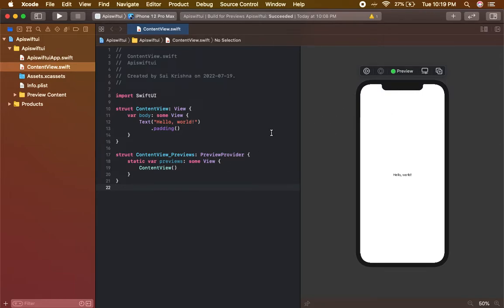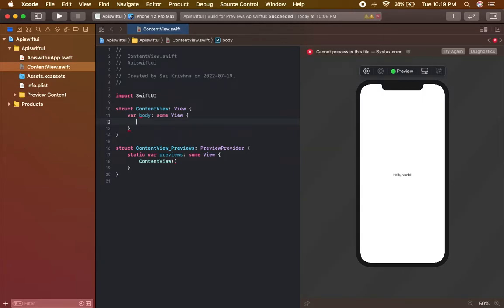Whereas we have to display all content in a list. So for now I am deleting the text hello world. It will give an error here because it is expecting some return value in the body. For now I am using